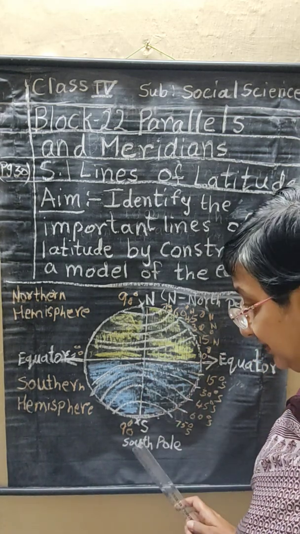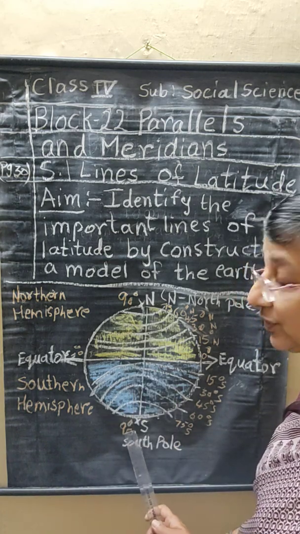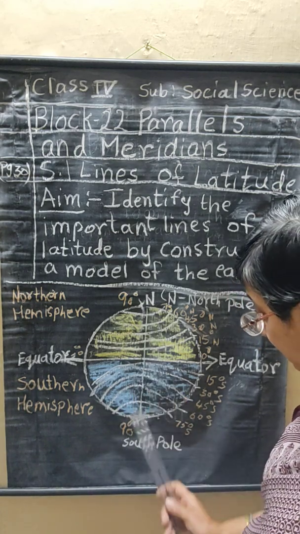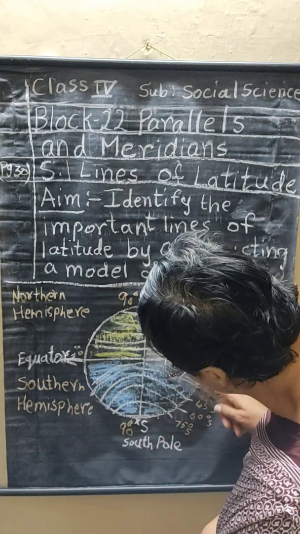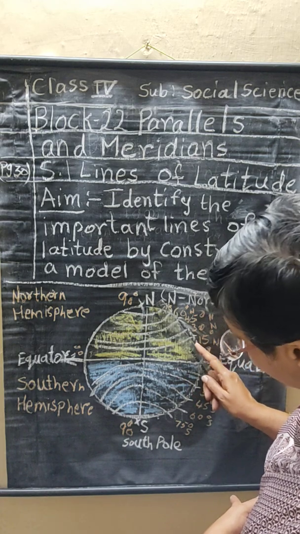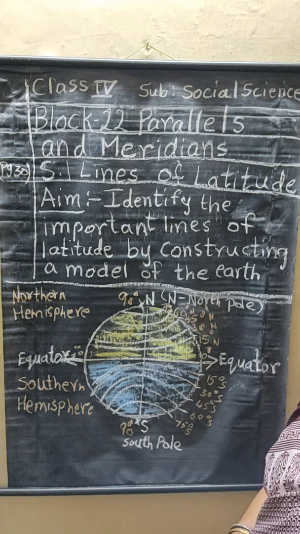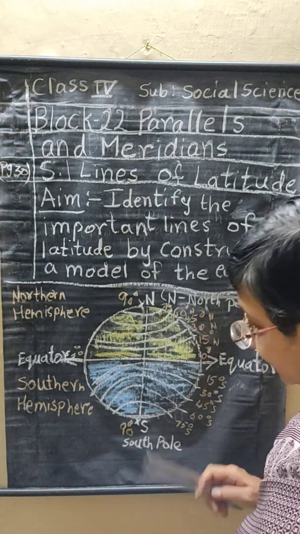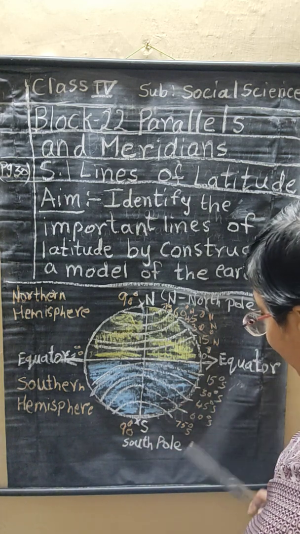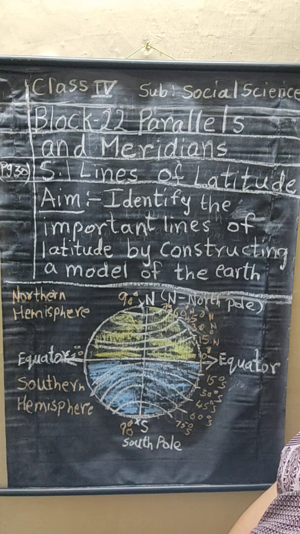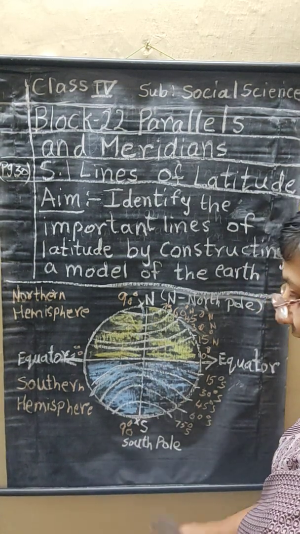They are 90 degree. A straight angle, no? So 90 degree. In maths also you will study. So that is in between the North Pole and the South Pole. This line is known as the North Pole and the South Pole. 90 degrees. They are equal. Got it? 90 plus 90, how much? 180 degree. So all together comes under 180 degree. Got it? Understood, children? 90 degree and 90 degree is 180 degree.